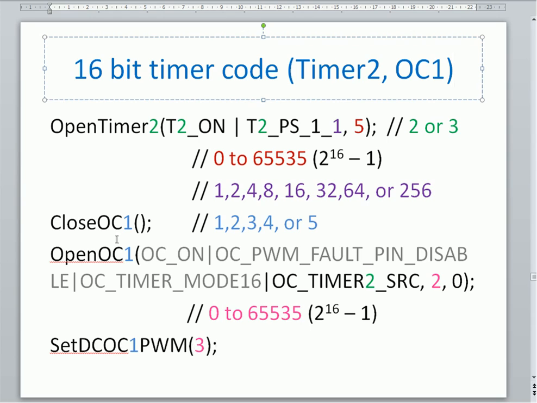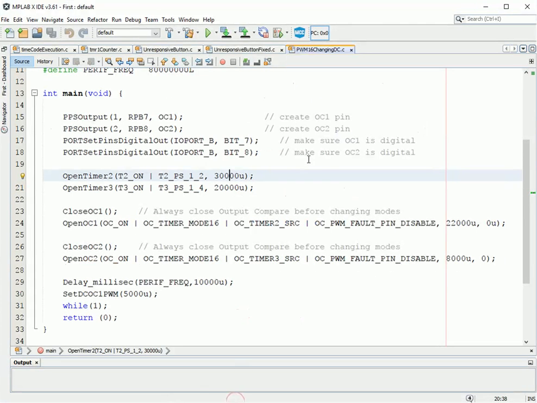Okay? Now, this is a fairly complicated piece of code. You could keep writing it out if you want to keep changing the duty cycle. But there's a secondary function that once you've opened the output compare module, you can always change it if you want later. I'm going to show you an example of that code. So here it is with 2